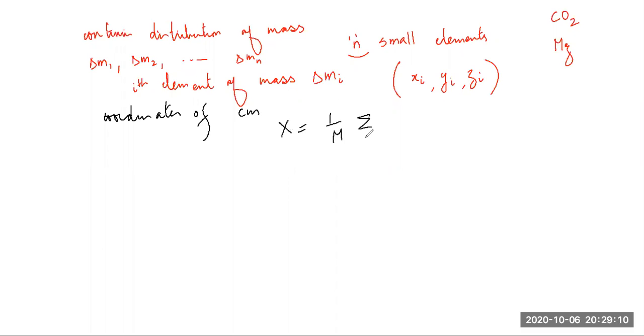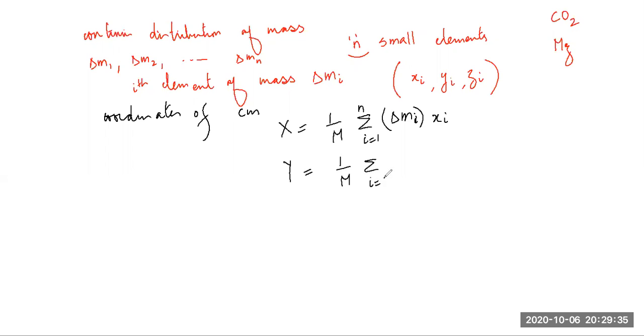Summation, i is equal to 1 to m. So it is delta m_i instead of m1. I've taken the mass of the element, delta m_i x_i. I'm sorry, not m1, m_i. So what is y? The y component of the coordinates of the center of mass is 1 by total mass